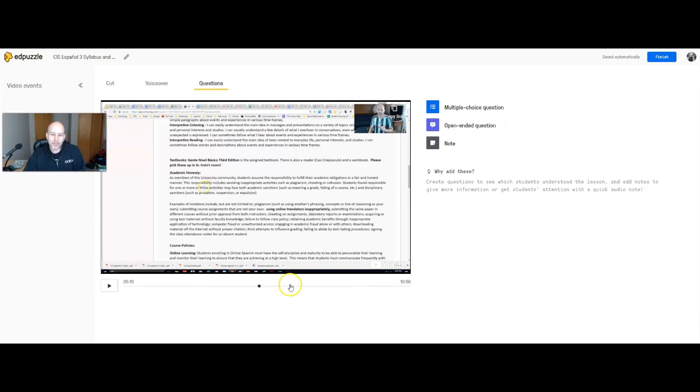questions. And then this is the part where a lot of people actually use Edpuzzle. They can add multiple choice questions, open-ended questions, or my favorite one is this note thing, which is a way to be able to add a written comment. So clarifying something that's actually there. You could add audio, or as it says there, you could add both a written comment and audio on a